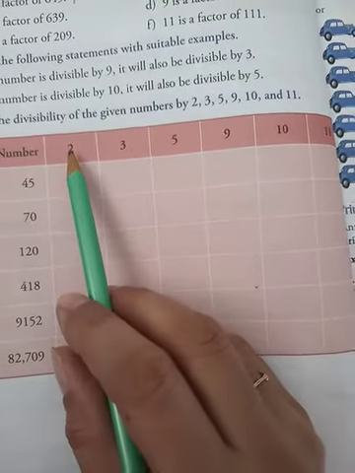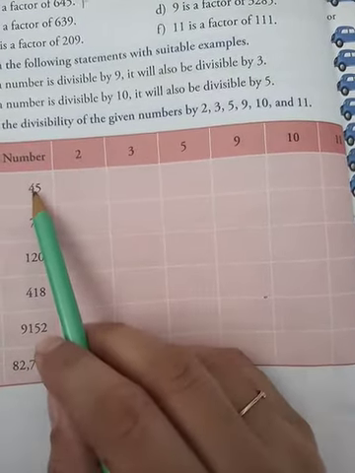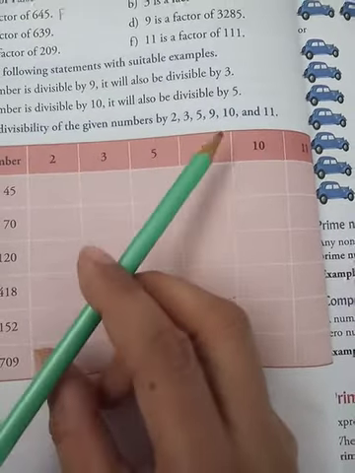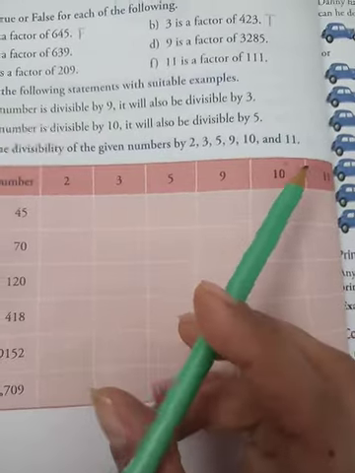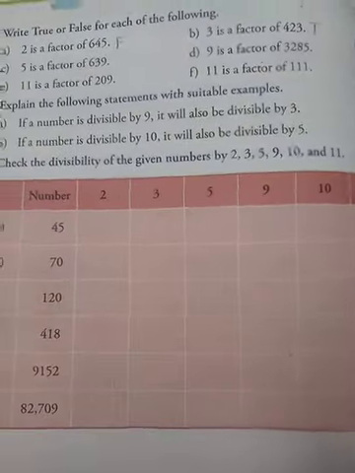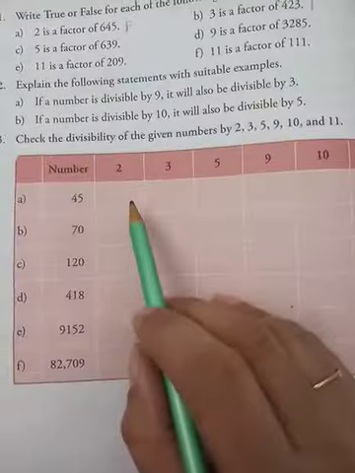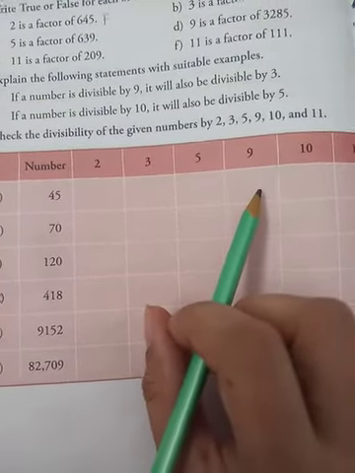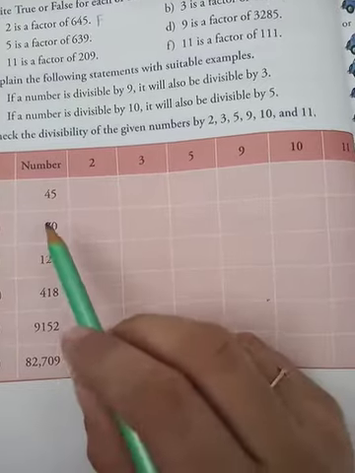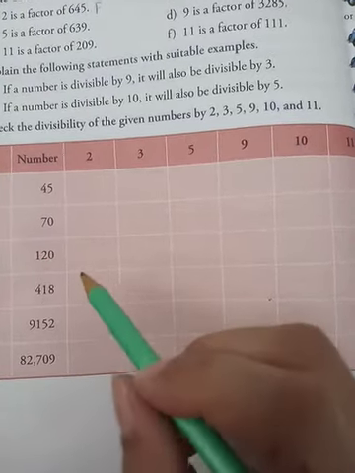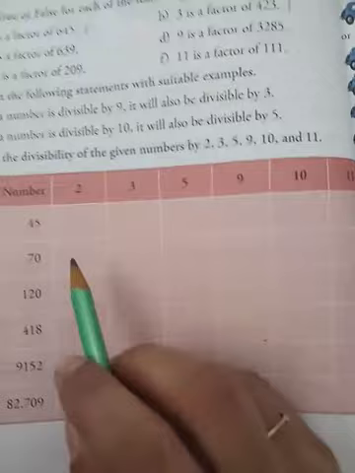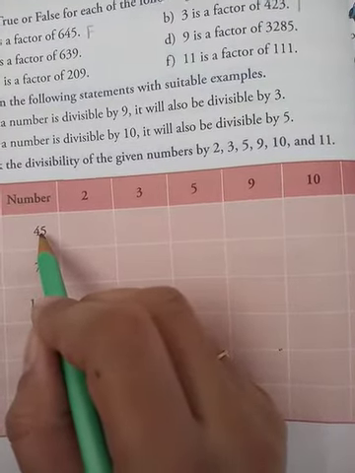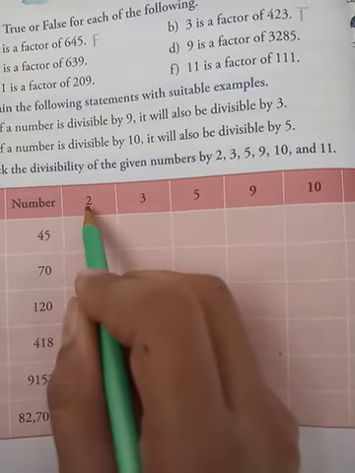For 45 you have to check whether 45 is divisible by 2 or not, divisible by 3 or not, by 5, by 9, by 10, and as well as 11. Okay. So question number 3 you have to do in your book only. So the first one I am doing here, and the rest of the questions you will do on your own. Okay, so the first one is given, you see 45, at the ones place 5 is given there, that means by 2